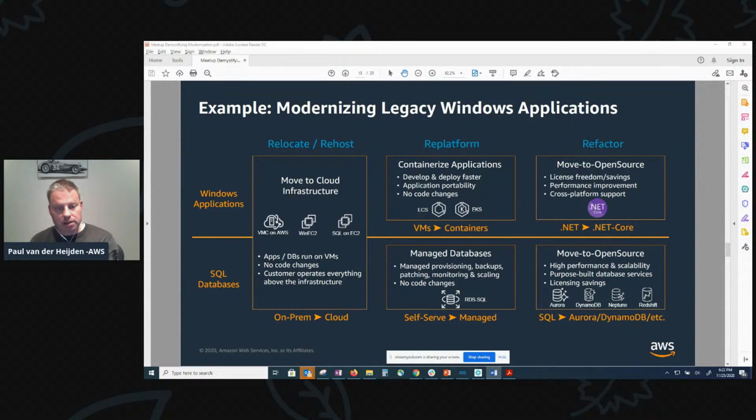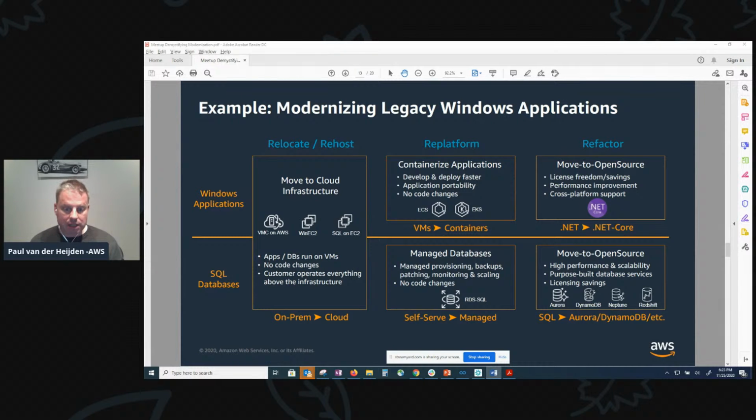But now, if you're in the cloud environment, the next transformation is circling around re-platforming, and that's where the applications and databases go into a more automated and managed environment. And from an application perspective, that means moving from virtual machines to containers. Now, containerizing applications will help you develop, maintain, and deploy applications faster and improve portability. Now, AWS has several tools, and Barish will talk about them in a second, to help you automate that process